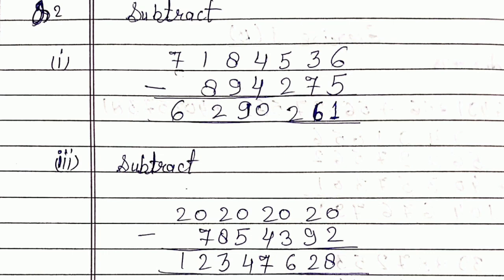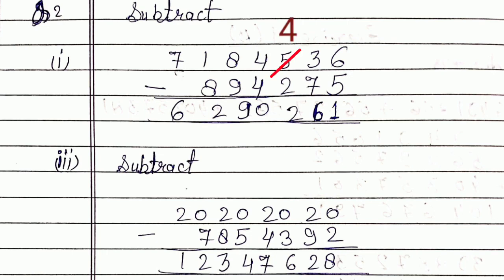Now here 6 and 5 we are going to subtract, so we know that 6 is bigger, so we can easily subtract. But see the tens place. Now here 3 and 7 are given, so the number on the top is smaller than the number on the bottom. So what we will do, whenever this happens, you need to borrow. Okay, so what we are going to do is borrow from the number written on the left side. So we will borrow from 5.